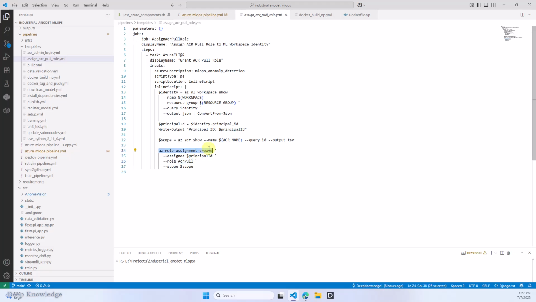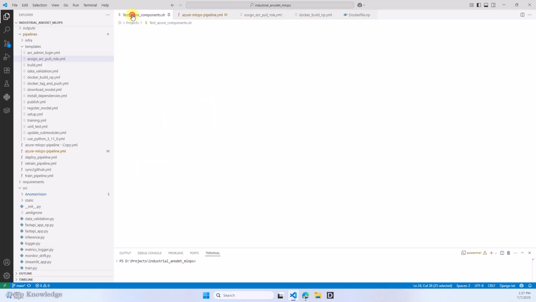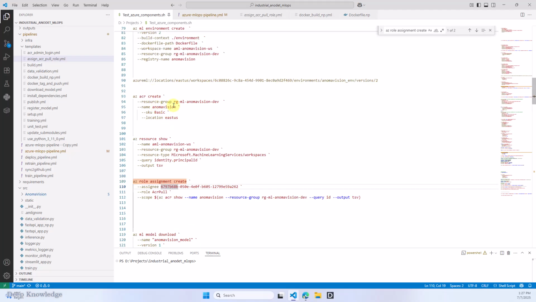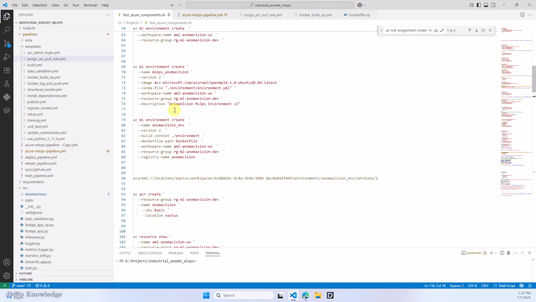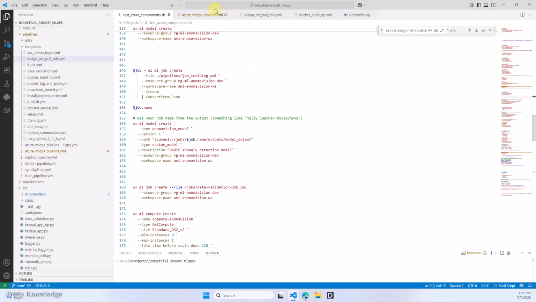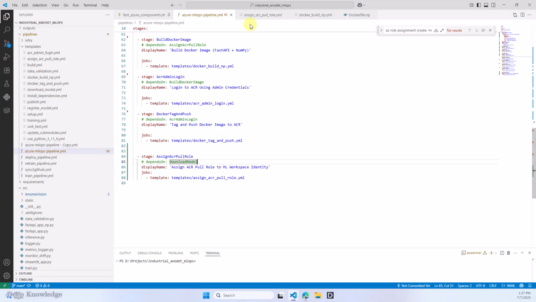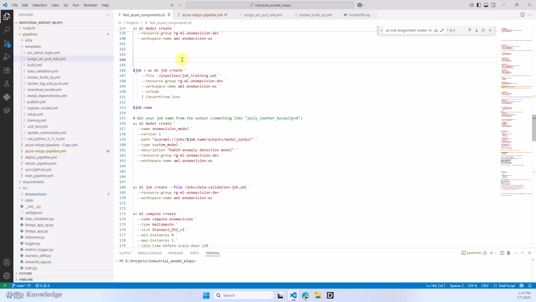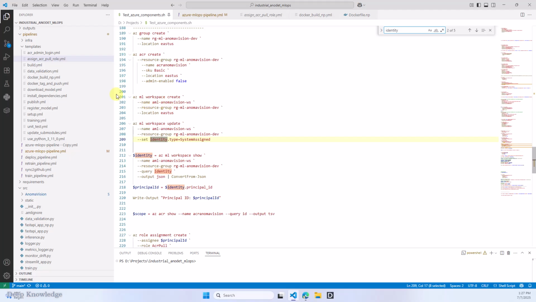One note here. Let me just copy this and search who this is, because now you can see it's trying to get the workspace, which is the workspace ID, the principal ID. Can't see it, but let me just copy the other one. It's identity. So I prepared the commands here, and if everything is running perfectly,